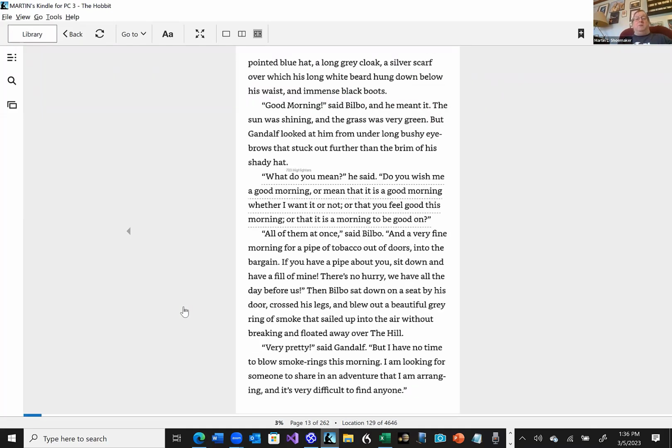He had a tall, pointed blue hat, a long gray cloak, a silver scarf over which his long white beard hung down below his waist, and immense black boots. I tend not to draw pictures of clothing. I tend to paste them in for description, maybe. Bilbo says good morning, and he meant it. Gandalf immediately becomes a jerk, questioning what he said. Bilbo tries to be pleasant, smokes some smoke rings, and Gandalf is once again